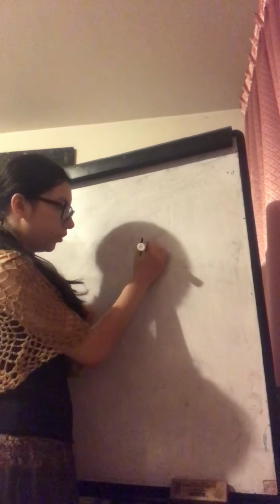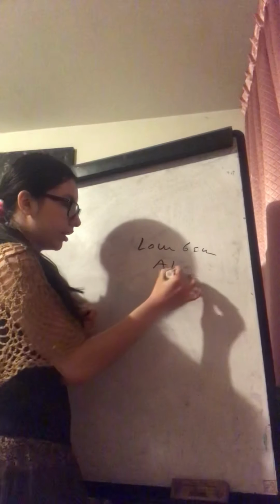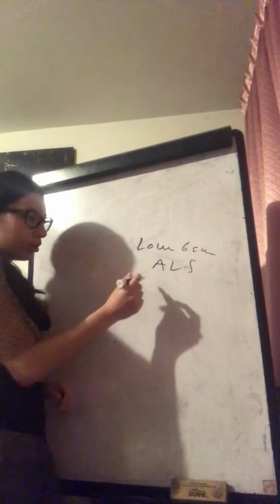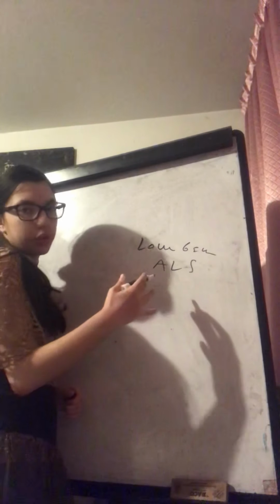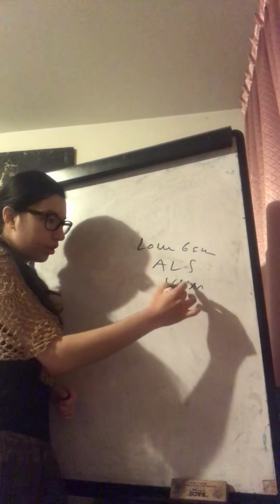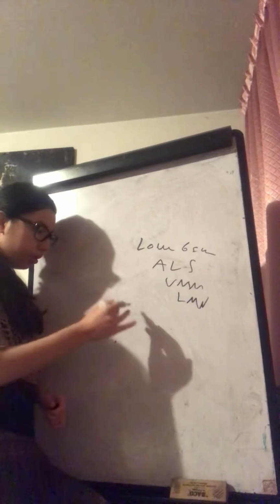We're going to see Lou Gehrig's disease. This is also called amyotrophic lateral sclerosis. Here, the patient will have signs of upper motor neuron lesions and lower motor neuron lesions. So if we put the